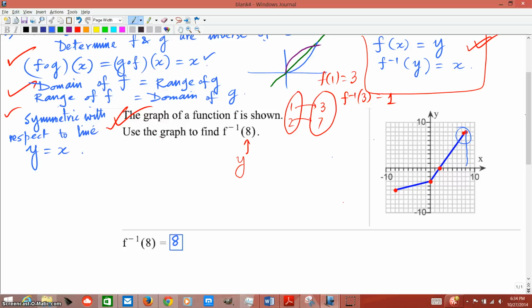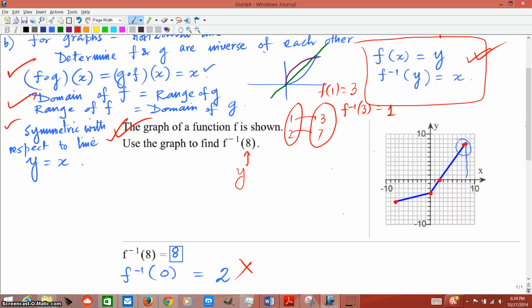Let me ask you this tricky question. If I ask you f inverse of 0, a lot of times I get an answer something like 2, and that is actually an incorrect answer. You know why? Because this 0 reflects to your y coordinate, right? So if you